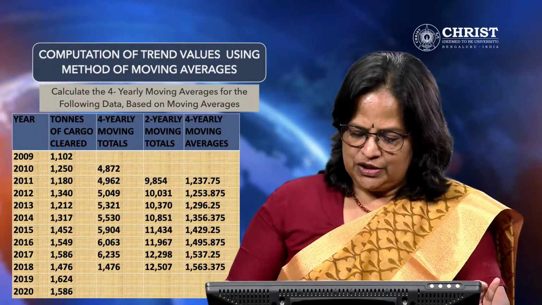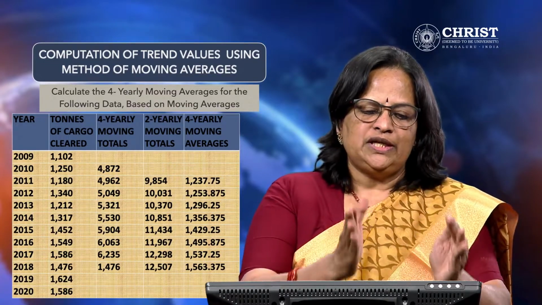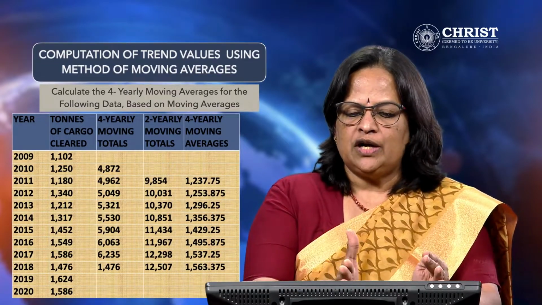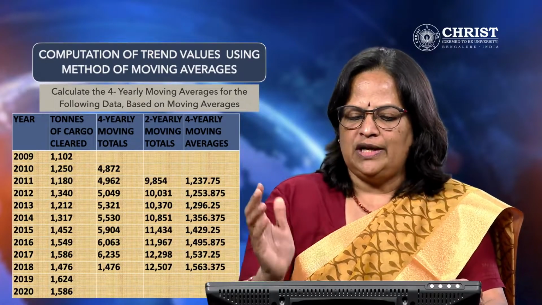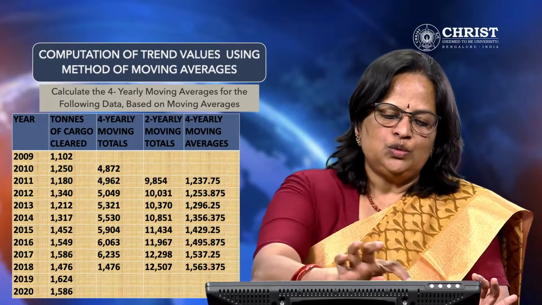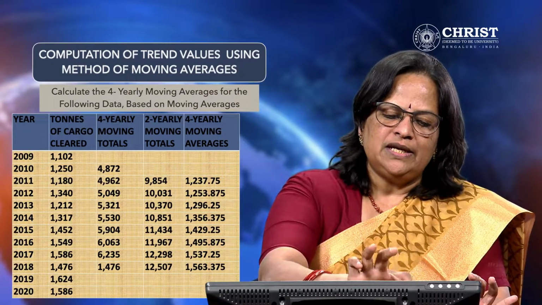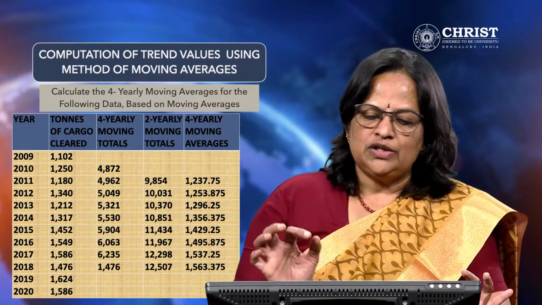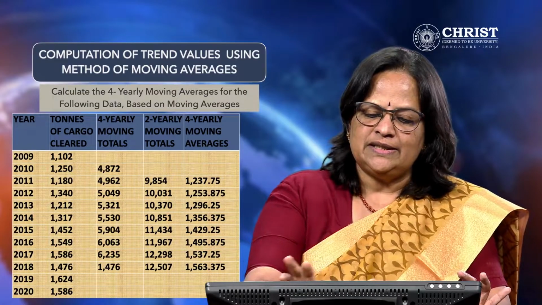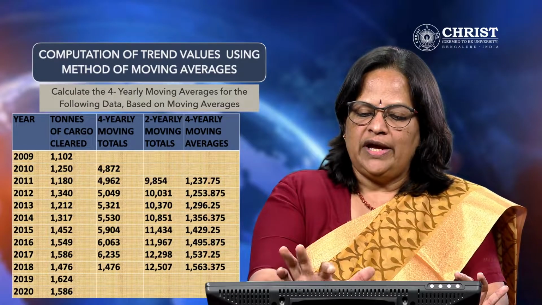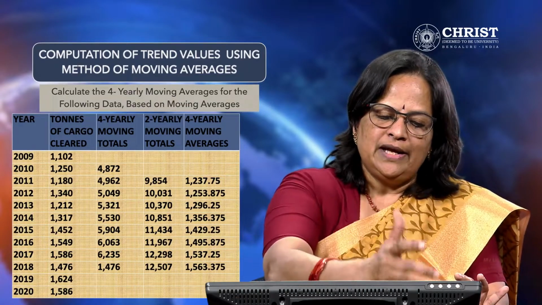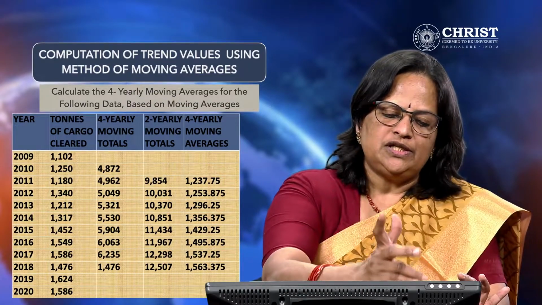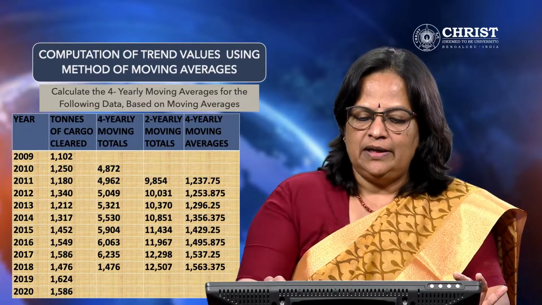This is the computation. Now if you see the year, tons of cargo cleared, 4-yearly moving total, 2-yearly moving total and 4-yearly moving averages. See the first one you have to remember 2009, 10, 11 and 12. These values are total and you are writing against the second year and third year. 4872. The next total will be leave 2009 and take the next 4 values 2010, 11, 12 and 13. That is how you will get